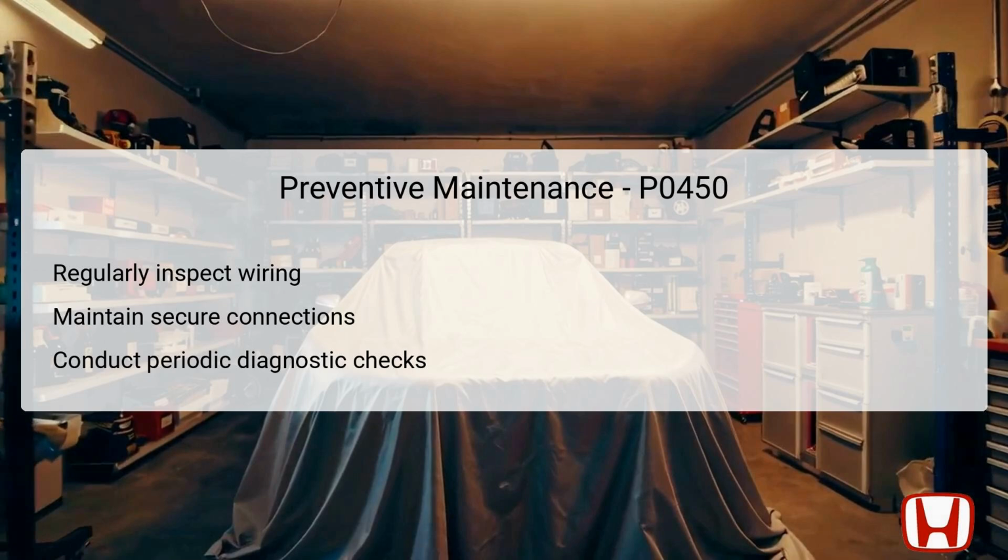Preventive maintenance plays a vital role in ensuring ongoing vehicle performance and preventing issues like DTC P0450 from resurfacing. Start with regular visual inspections of the wiring associated with the FTP sensor and the PCM. Look out for frayed wires, corrosion, or any sign of wear that may lead to intermittent signals. Equally important is ensuring that all connections are tight. Loose or corroded connectors can lead to a myriad of issues, including erroneous data readings from various sensors,